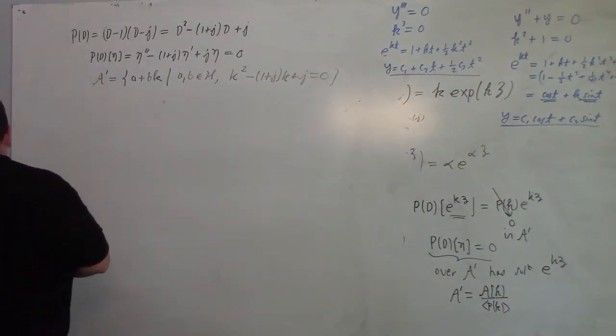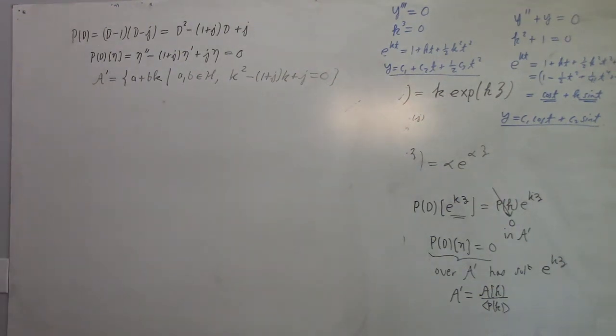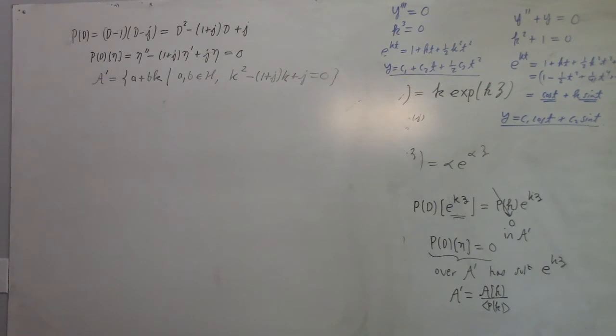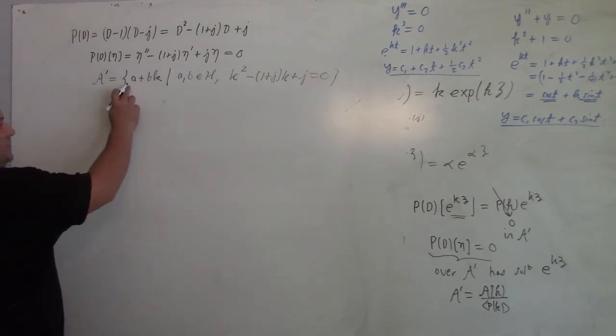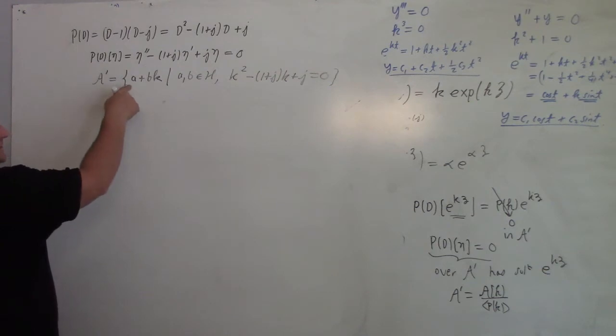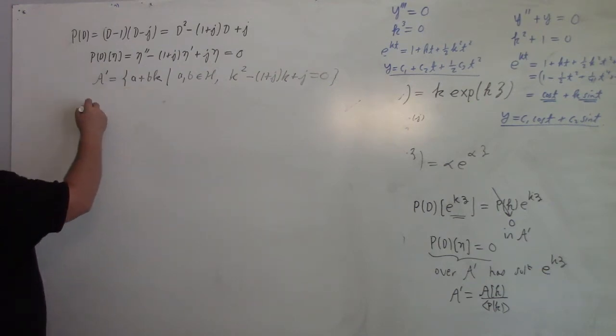Right, that's the characteristic equation. So all right, here a and b, these are hyperbolic numbers, right? This a and b. So e to the kz